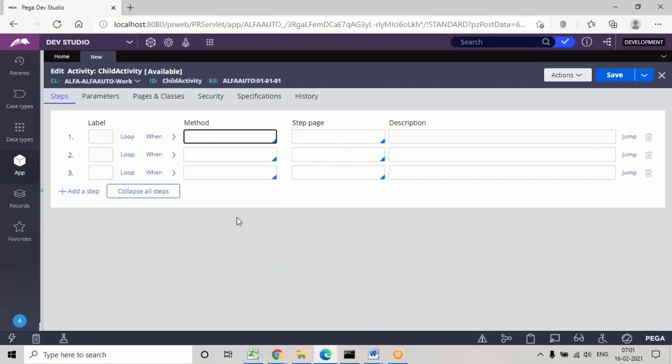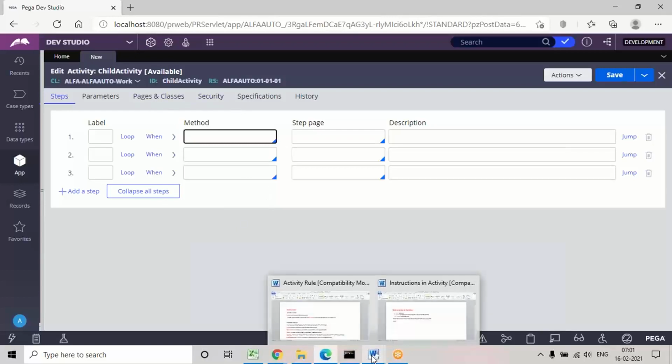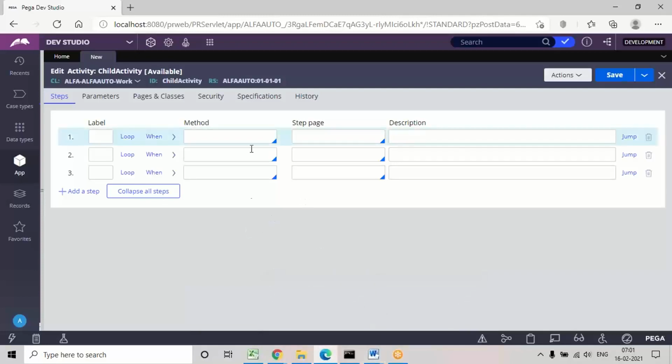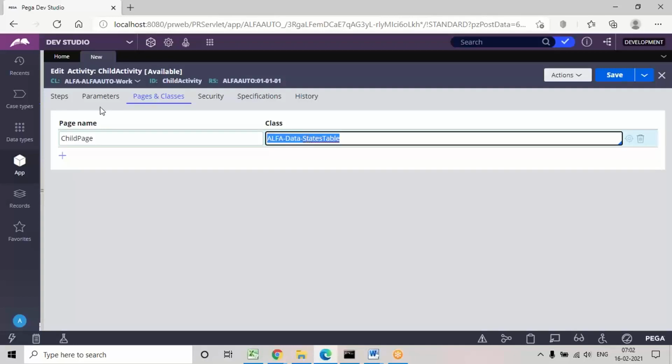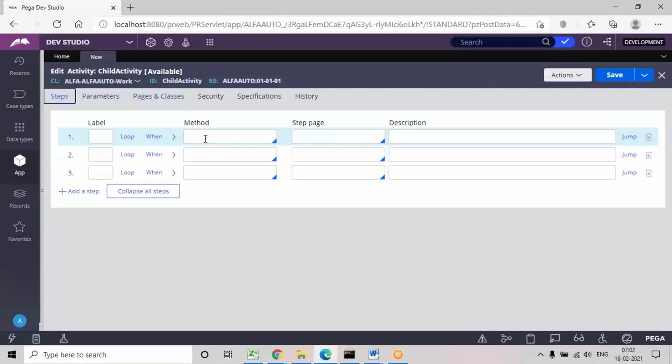Regularly, some 2 to 3 methods will be used in every activity. So today first I'll explain about 3 basic methods, and many other basic methods are there. Whenever any new page and other classes like data classes or integration classes are defined, these methods are optional only. It will not affect your business logic.